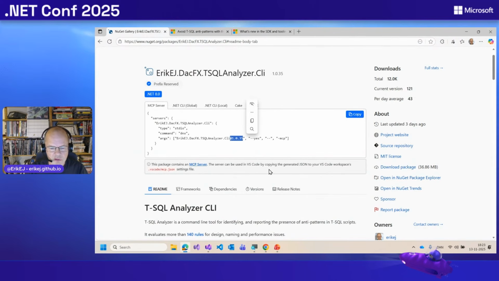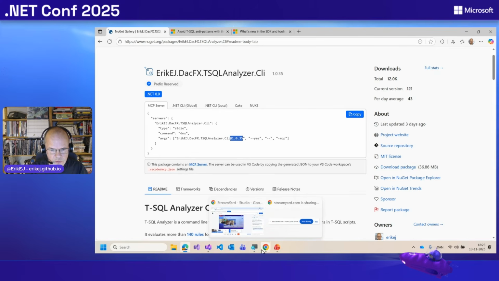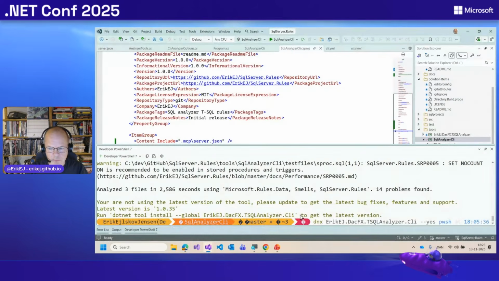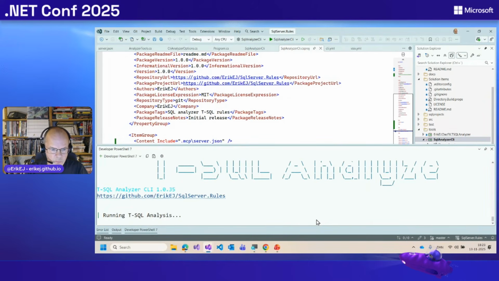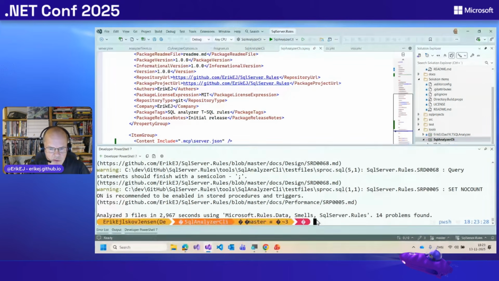But if I don't add a specific version on my command line, I will just get the latest version, and then I say yes, because otherwise I do have to do some confirmation that I actually want to do this. So this will be the same as running the tool that was already installed, but now it's not installed, so to speak. It's quickly downloaded and then run from our local NuGet cache folder.